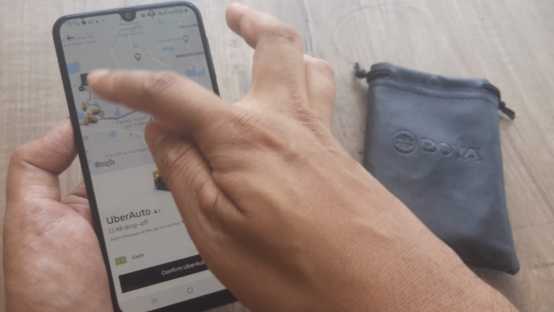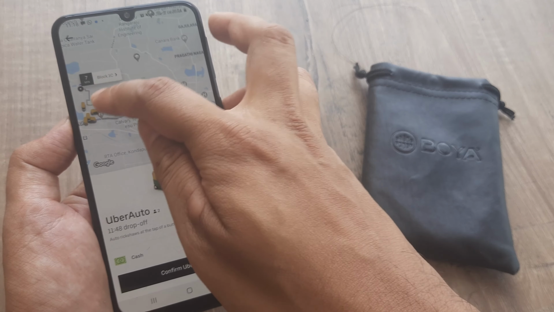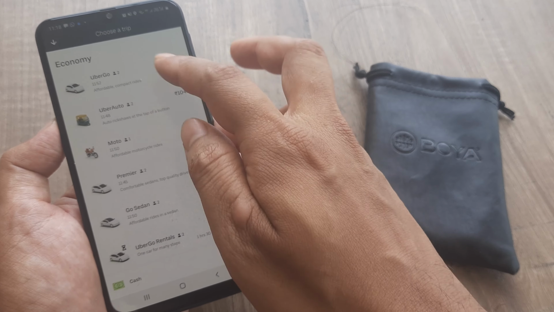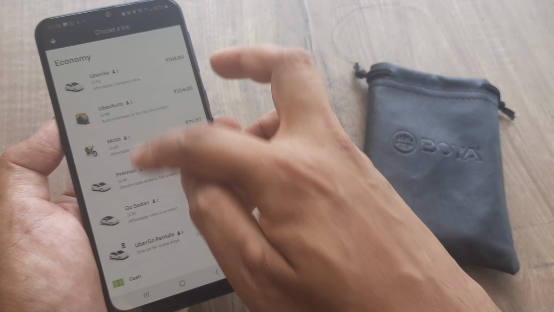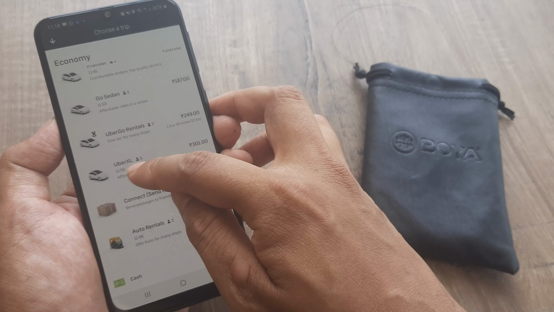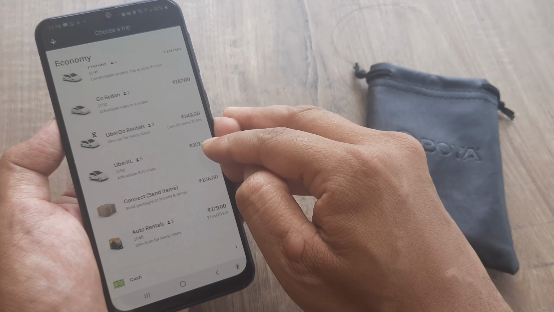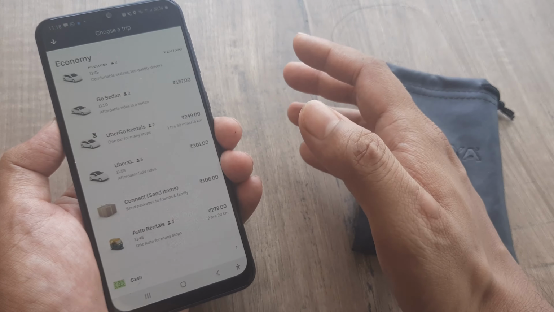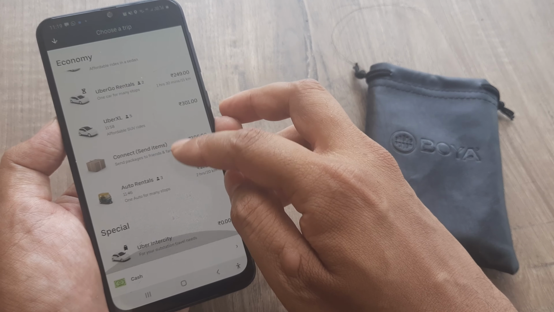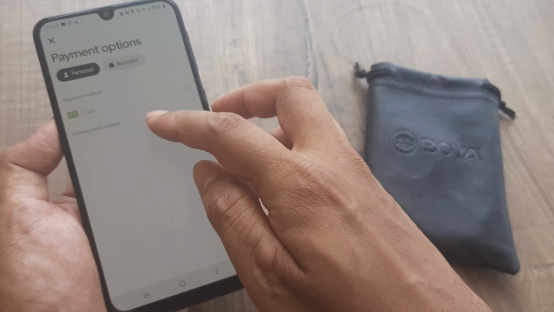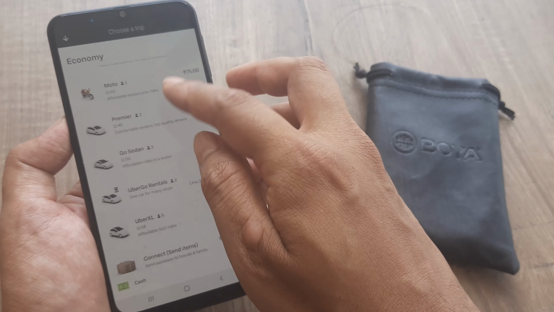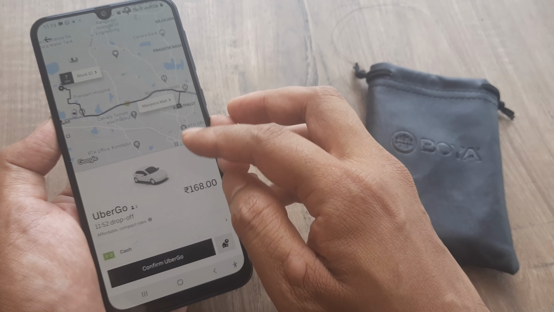When you click on that, you will see how far the ride is. So it's 7 minutes from my side, and confirm will make you confirm that ride. This is not just one of the options, there are several. In case you want to carry 5 people, this is the ride you need to select, Excel. And what you see here is the fare option, so the whole ride fare is there with you. It's not like each of them has to pay 301 rupees. So this is how you would be doing it. And you pay by cash, but you can obviously add a different payment method and stuff like that. So far so good.